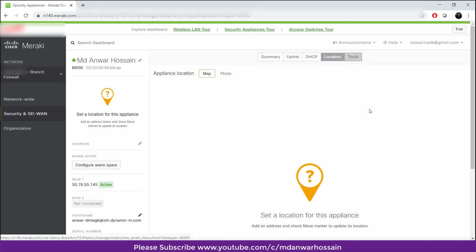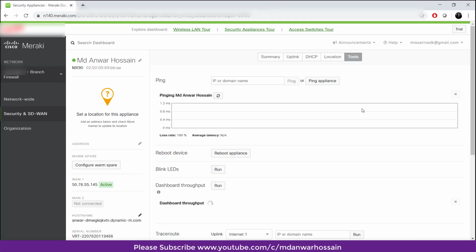In the tools, and this is the tab which I am most excited about, is all the troubleshooting tools that you need to test or troubleshoot in your network. We're gonna start with the ping. You can select the source IP address from any VLAN, from any internet, to even any client of the LAN side or any public IP address of the internet.